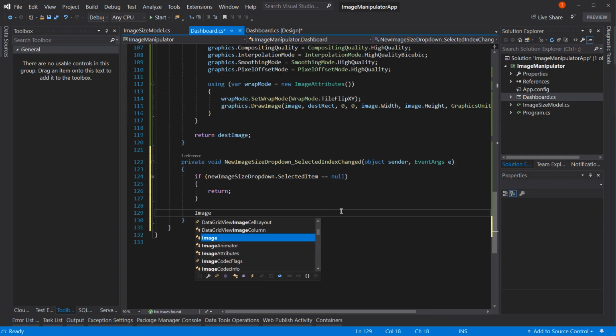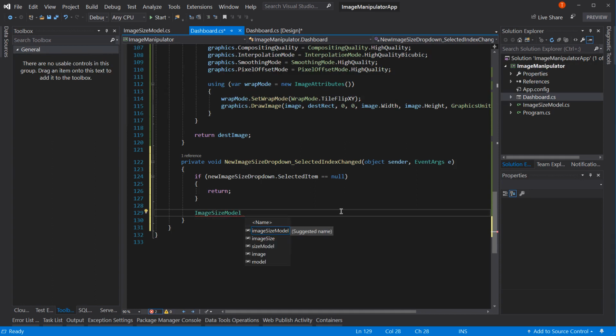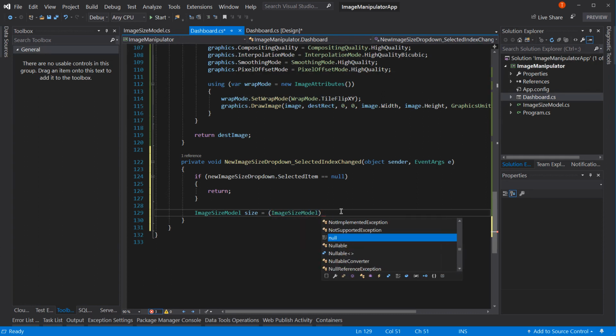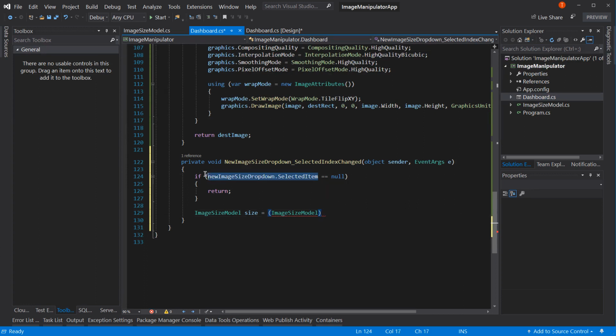So image size model, let's call it size, equals image size model for new, let's just copy and paste, new image size dropdown dot selected item. What that does is selected item is an object. We can cast it using